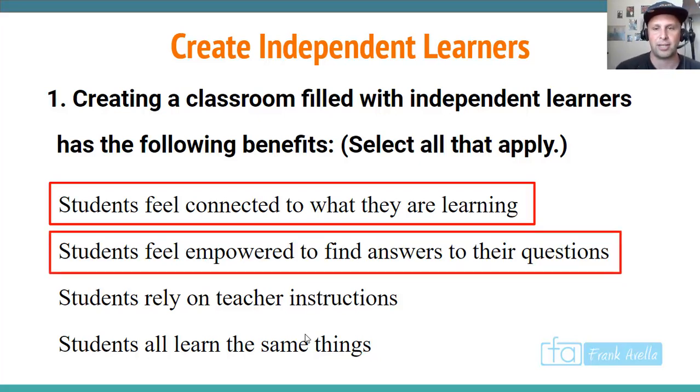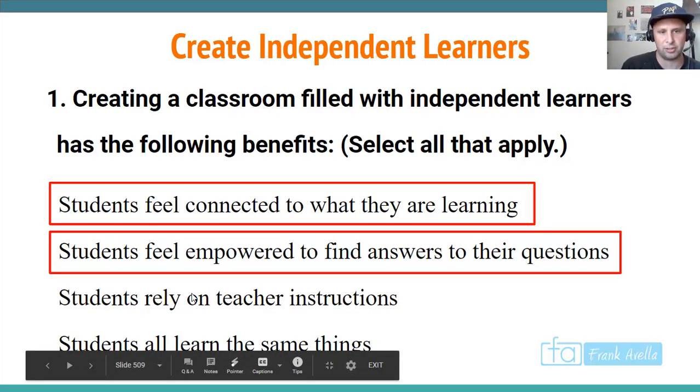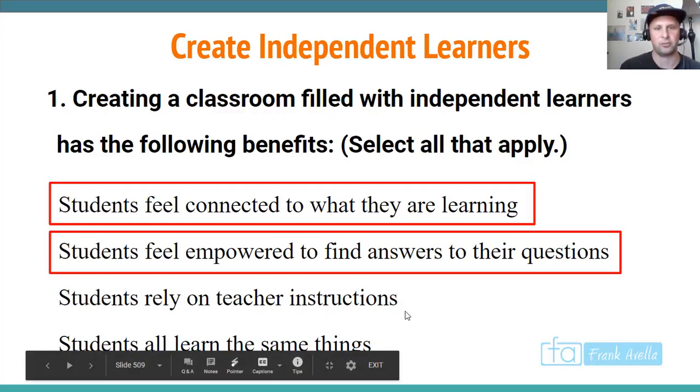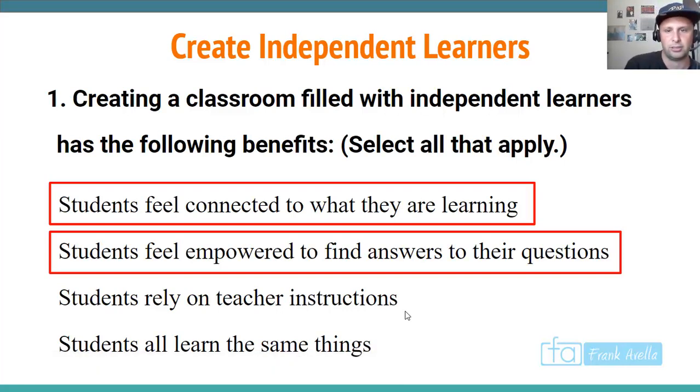Students feel empowered to find answers to their questions. So, it's right. It's not going to be these two. This makes no sense, right? Students rely on teachers. No, we don't want them relying on teachers, and you don't want them all learning the same thing here. Okay, independent learners, so they're comfortable in what they're learning and they feel empowered to find answers